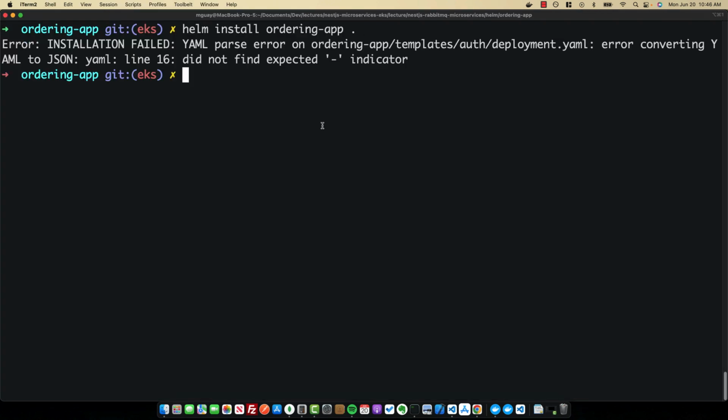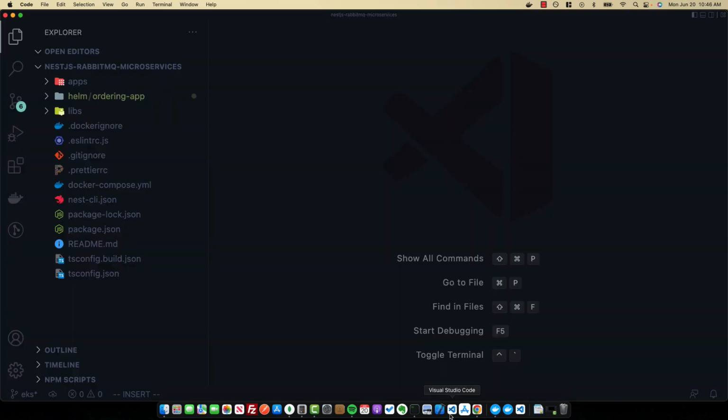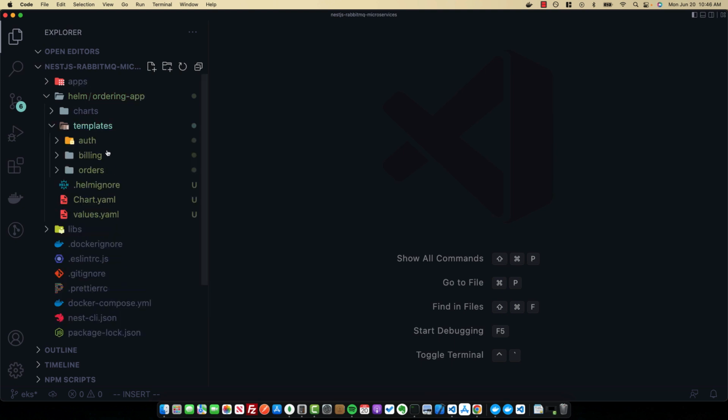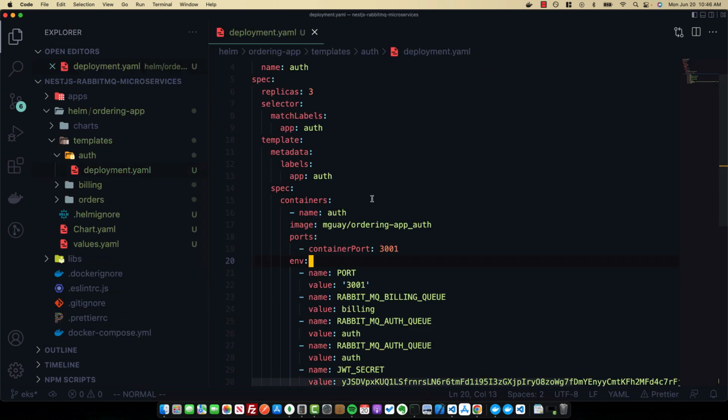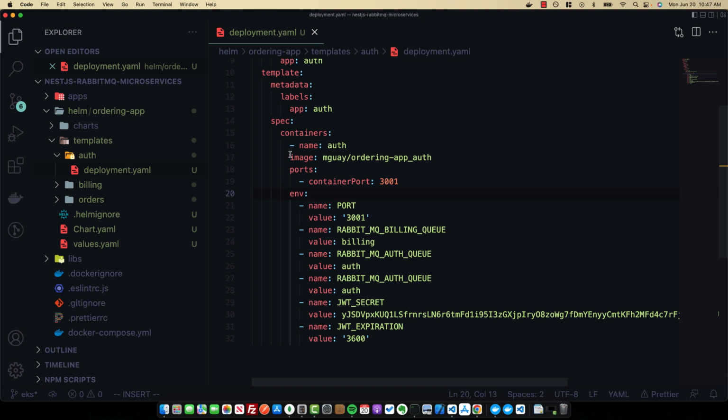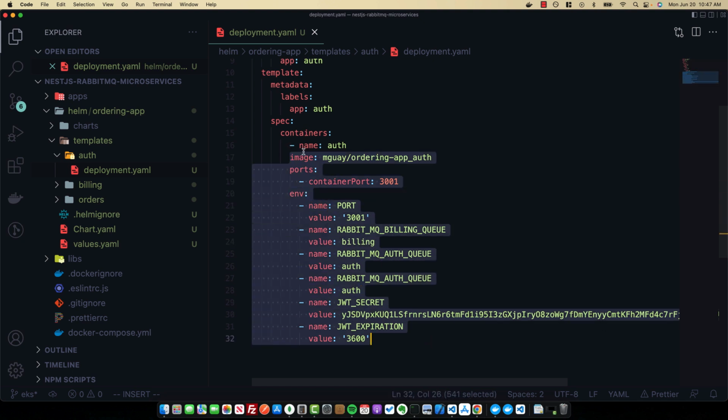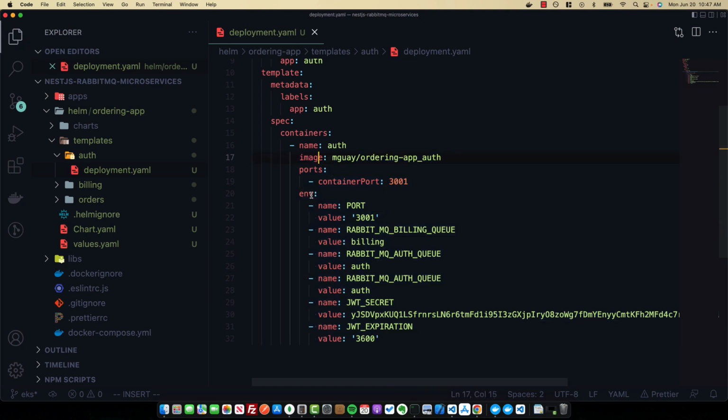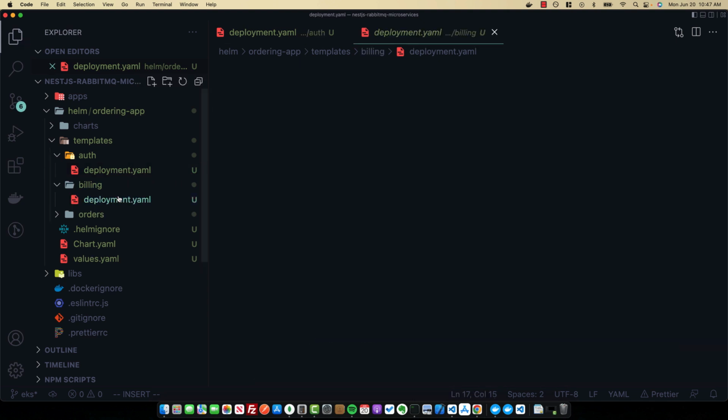So when installing, we can see we have an error here on line 16 of our auth deployment. So let's go ahead and check that out. Helm will automatically tell us if we have any issues with our deployments. Looking at line 16, we can see our indentation is off for this section here. All of our container related information should be indented one more block, and we'll have to go ahead and do